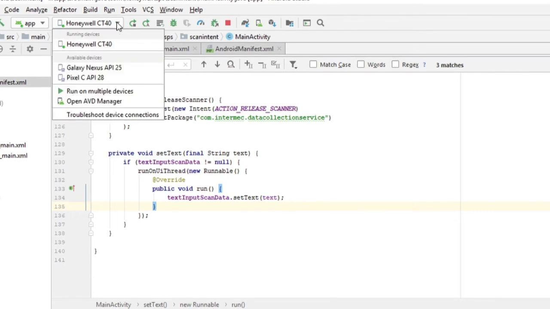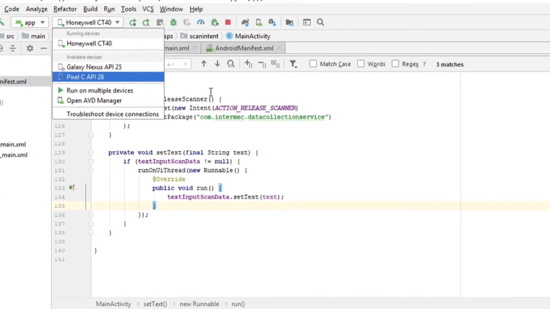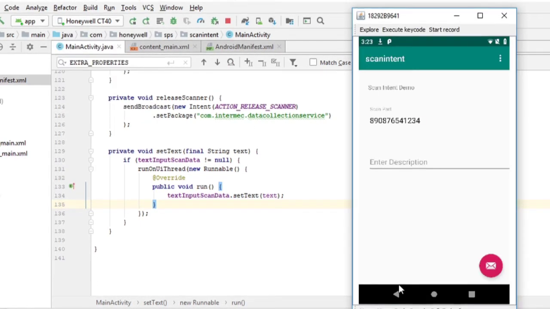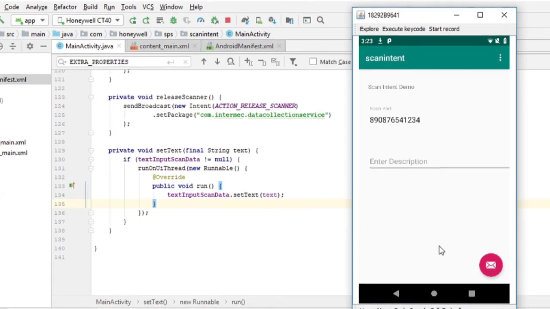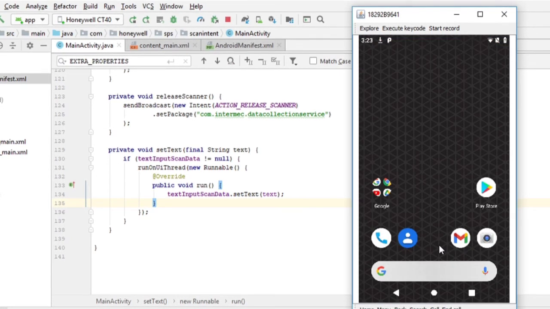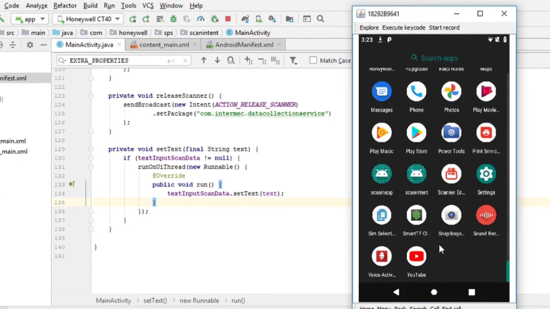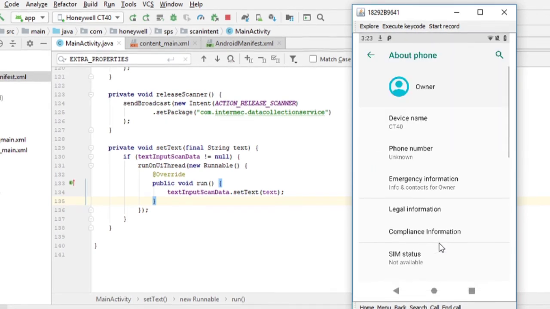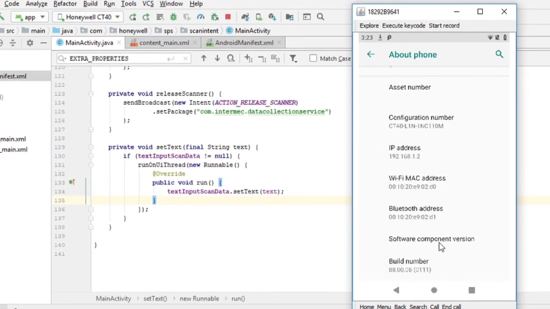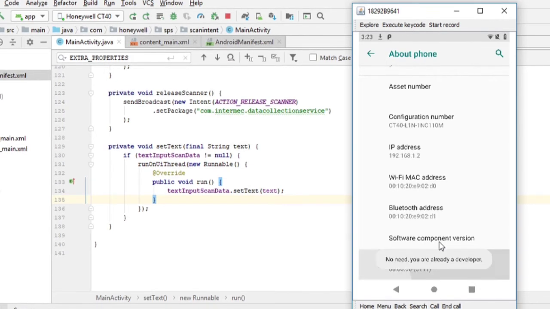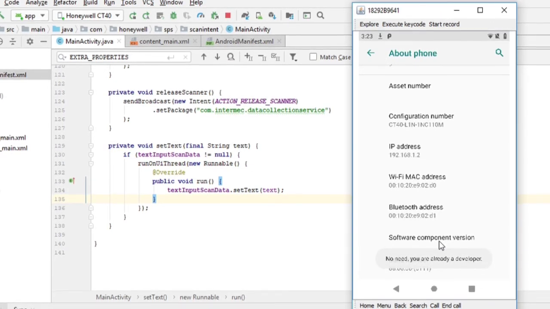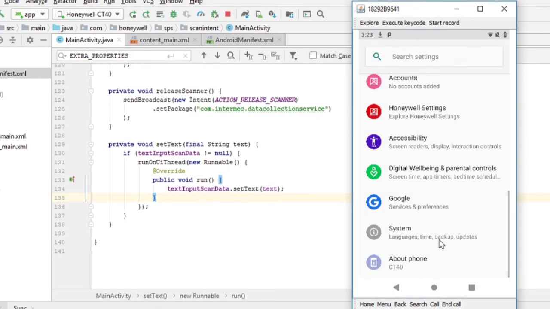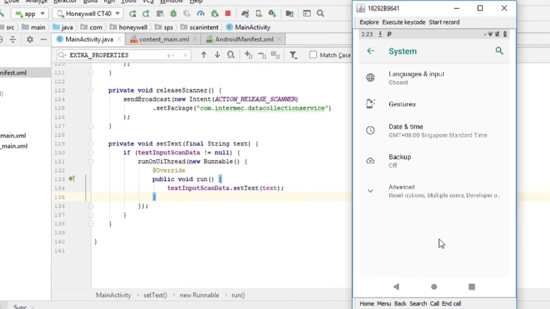If you look at the device here, currently I have a Honeywell CT40. If you did not see this device, you have not set up your device for development and debugging. So what you need to do is go into the settings and go to About phone right at the bottom, and in the build number here, you need to tap 7 times. As you can see here, I'm already a developer, so it's okay. If you are not a developer, tap this 7 times, and the developer option will appear in the settings,